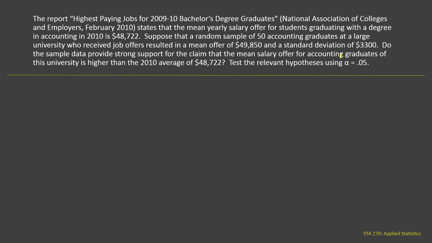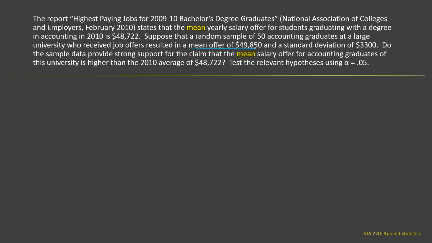So first of all, let's look at a couple things here to try to identify what type of test we're doing. I see a couple keywords here of a mean yearly salary and another mean salary offer. It does seem like we're doing a test for a mean, mu. I wanted to point out one other spot where we have a mean here, and that is a mean offer